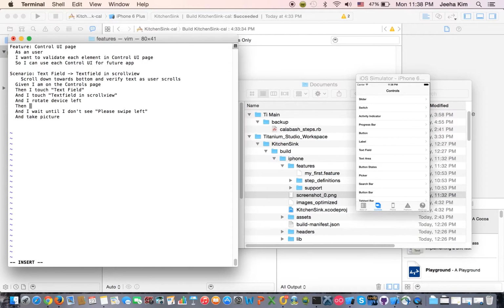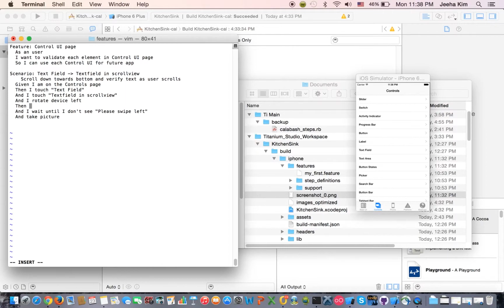It's more common practice to continue saying and, but I want to kind of make it flow. So I'm saying that when given this situation, then I do some actions and these navigation actions,